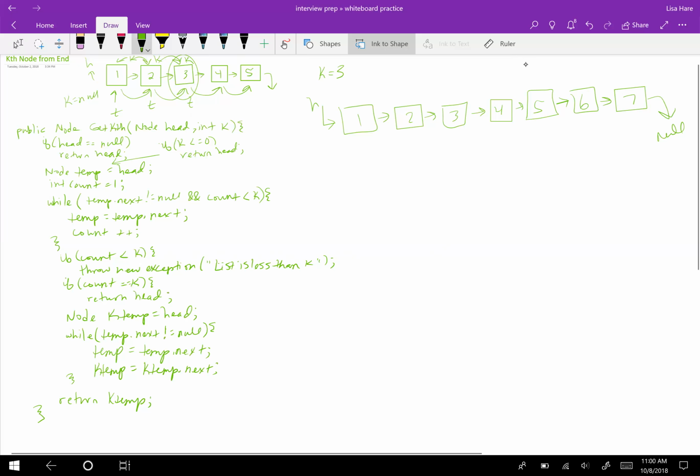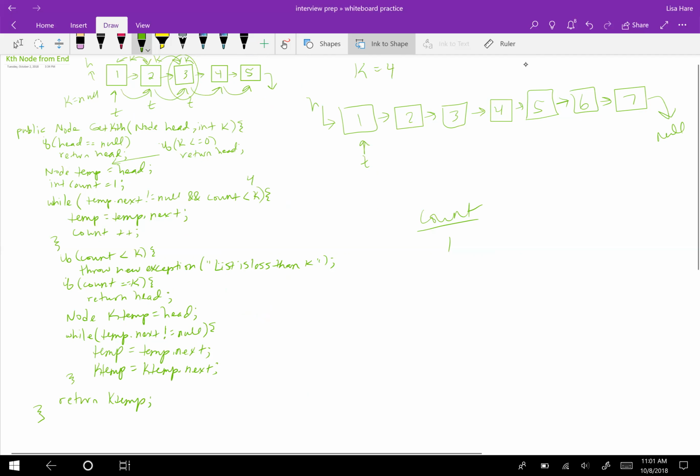Okay, and so let's just go ahead and say k equals 4. So we're given our head and we're given k, which is 4. We're going to do a quick check. If head is null, head's not null. If k is less than or equal to 0, which it's not. So we have our node temp equals head. So here is temp. And we'll keep track of count. Starts at 1. So while temp.next does not equal null and count is less than k,